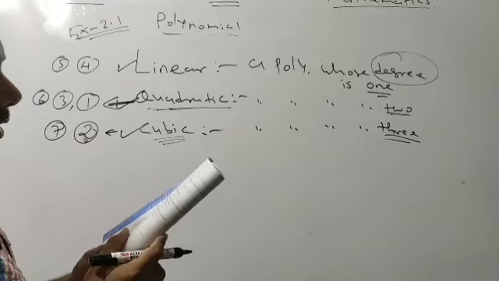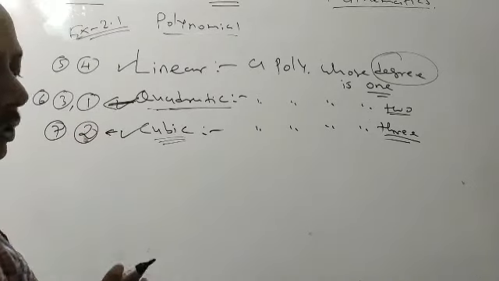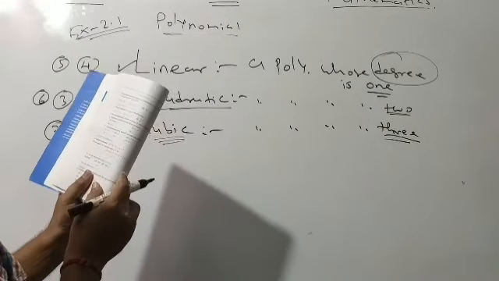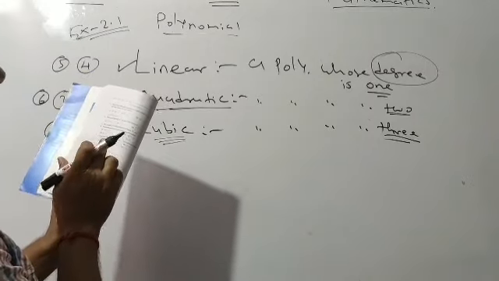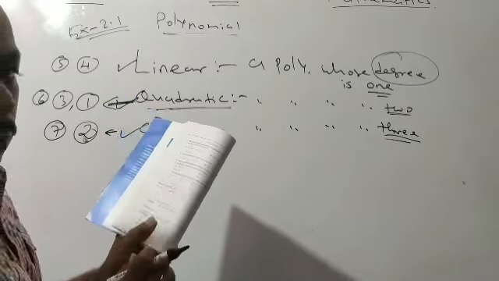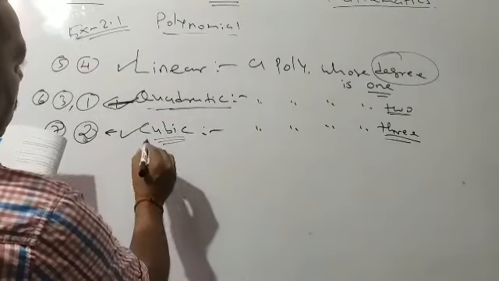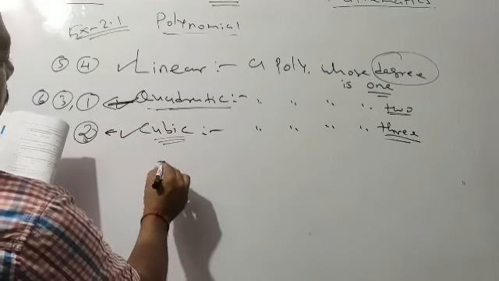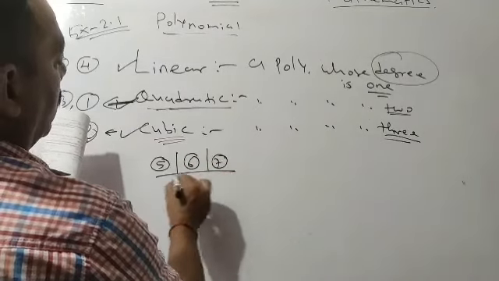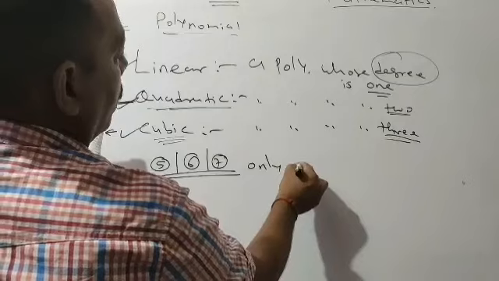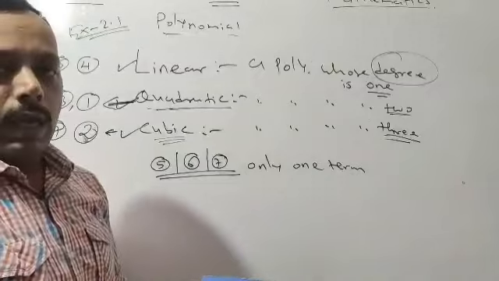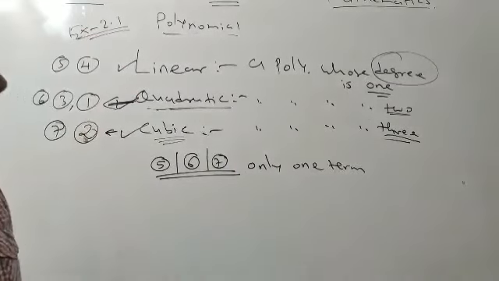Now in general this exercise 2.1 is completed, but I will ask a question from my side. If anybody asks which are the examples of monomial, then which ones fit for the monomial? See, in question number 5, sub questions 5, 6 and 7 have only one term. So the 5th, 6th and 7th are the examples of monomial.